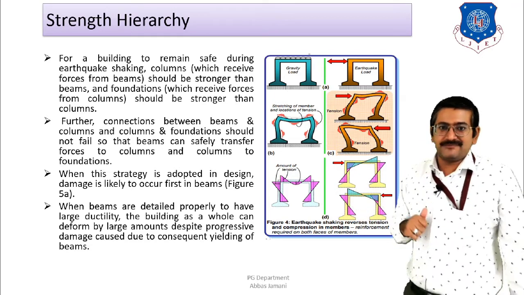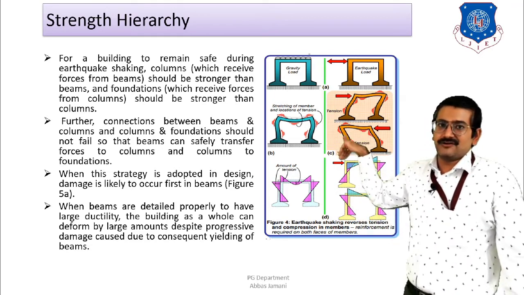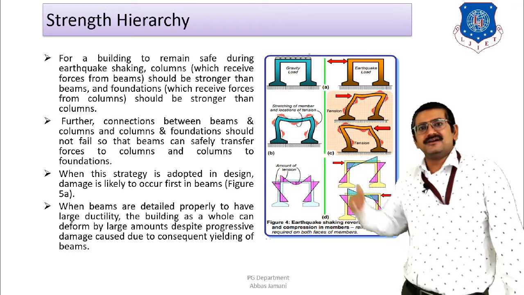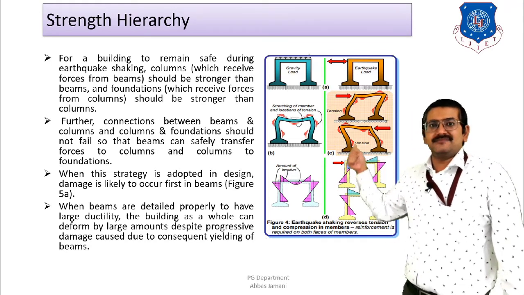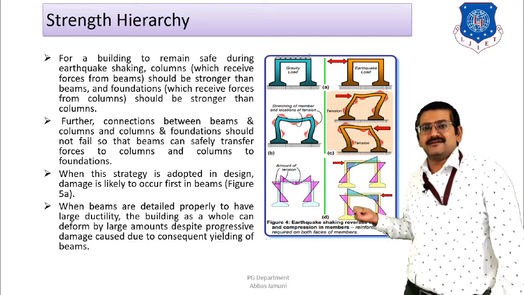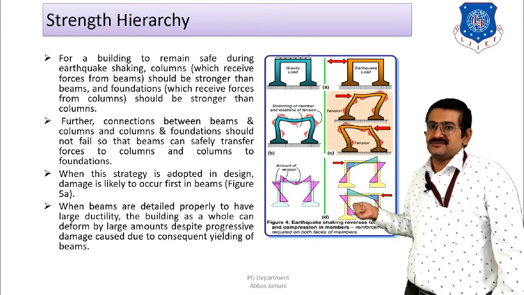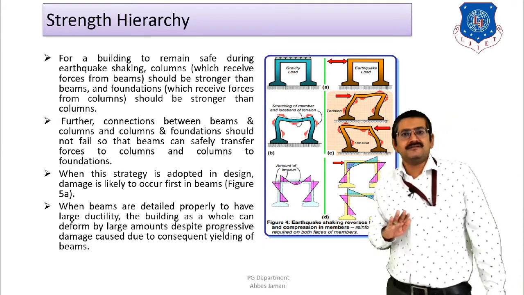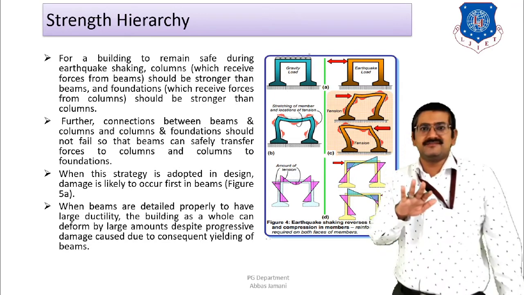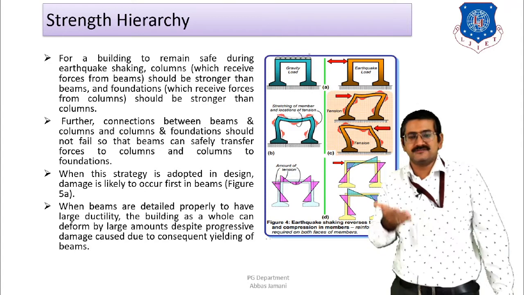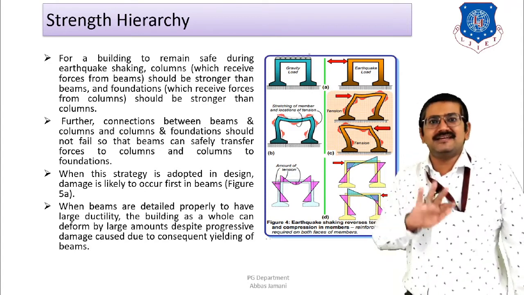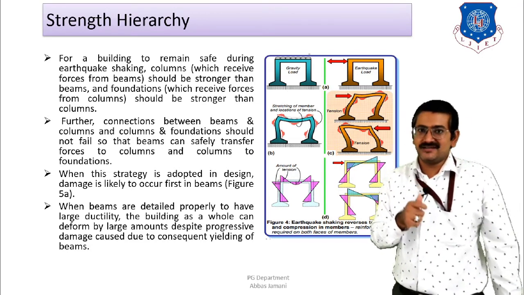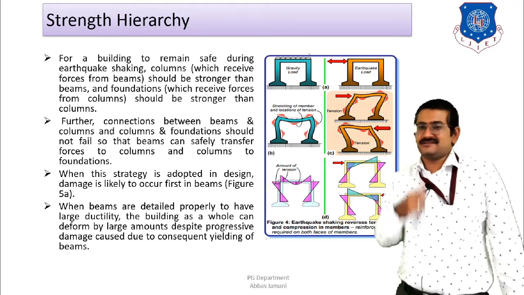So the sequence is fixed: the horizontal member will undergo deflection first. Due to this deflection, moment will be generated at the beam column junction. From the beam column junction, the moment will be transferred to the base level, and the base has to be designed to resist the vertical load as well as the moment. So it is pretty simple in the case of vertical or gravity loads. There is no possibility of change in direction; sagging and hogging, positive and negative, are not possible. A change in the sign convention or direction of the moment diagram is also not possible. But can we expect the same kind of behavior for lateral loads? The answer is no.